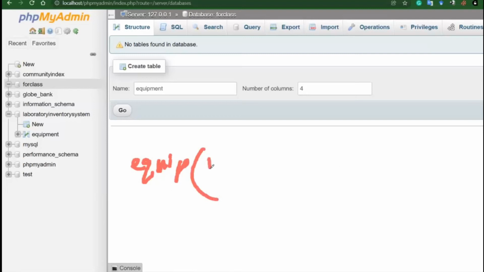Generally each table should have an ID, which is a unique primary ID. I will show you how to do it. Then the equipment name, the name of the equipment. You can use as much detail as you want, but for simplicity here I will use model, meaning which company created this equipment, or what model it is.